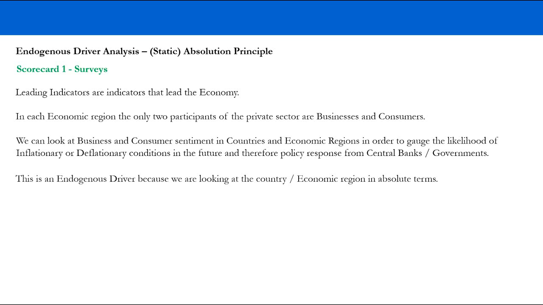And by doing that, because these indicators are leading drivers, we're actually predicting the future of what central banks and governments are going to do